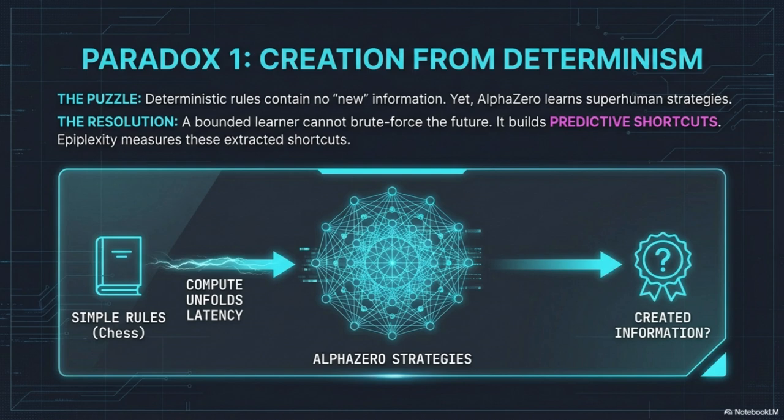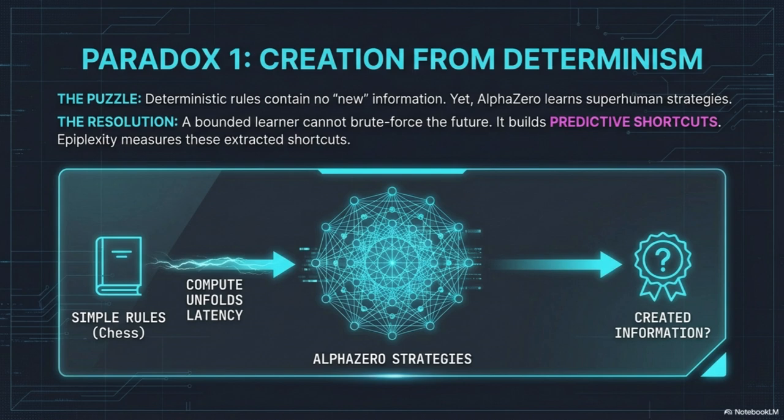Okay, so let's nail down the output. Yeah. Training is like a two-part compression scheme. You get a portable program and then the cost of the leftover randomness. Exactly. The weights of the network, the program itself, that is the epiplexity. It's the organized functional machinery. The remaining loss, the bits you still have to pay per token, that's the time-bounded entropy. So time-bounded entropy is the stubborn loss. Yeah. The price of the data's raw unpredictability that you just can't compress away without way more resources. Yes, and epiplexity is the skill. It's the thing that shows up as generalization, the knowledge you can carry into a totally new task because you learned a compact, reusable rule.